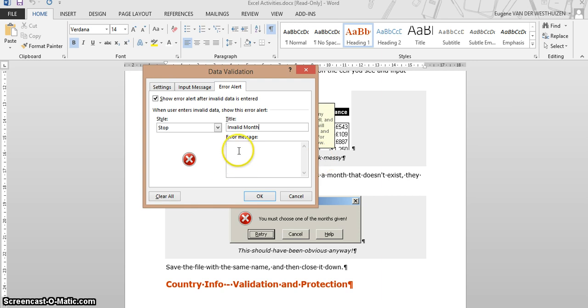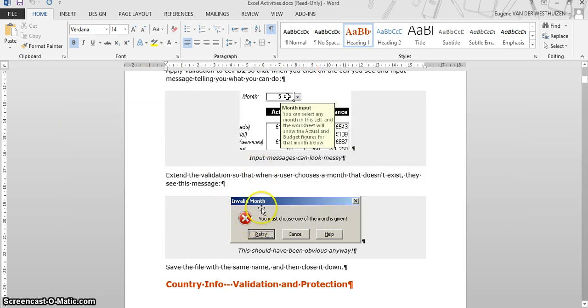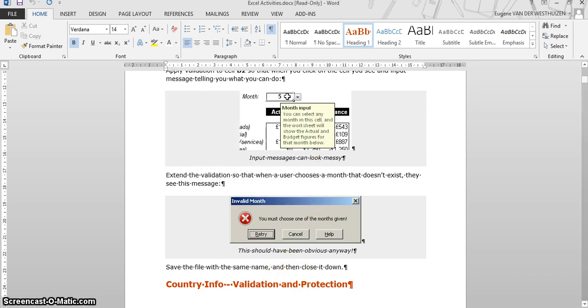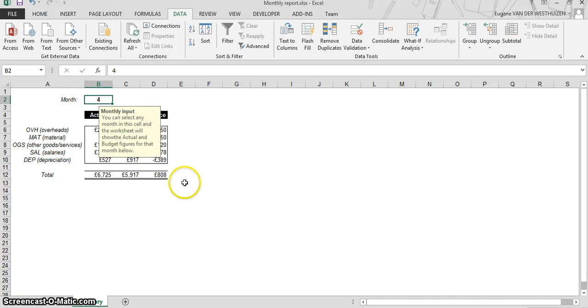Okay, so if you look at that, invalid month is the bit that comes up here in the heading, and then this is the rest of the message. You must choose one of the months given. So now if I go back to my spreadsheet,